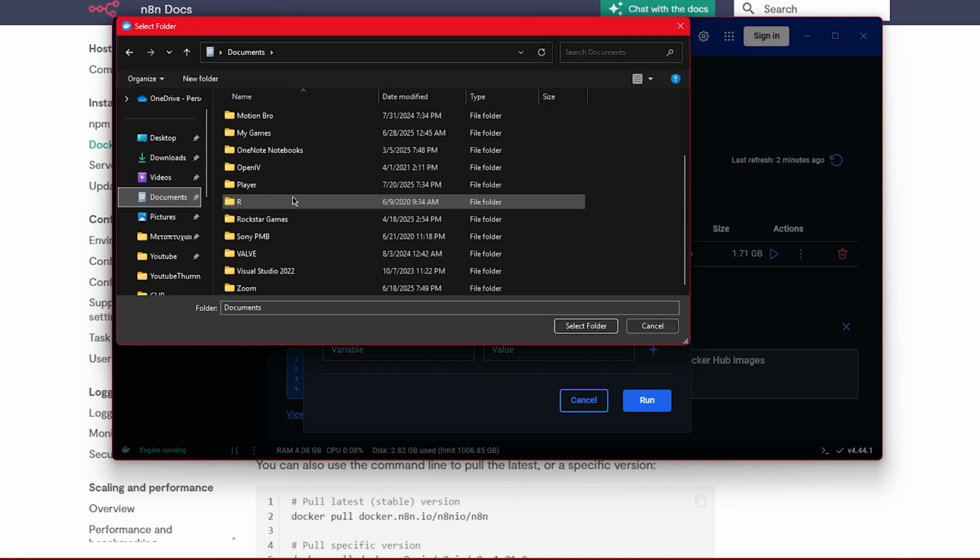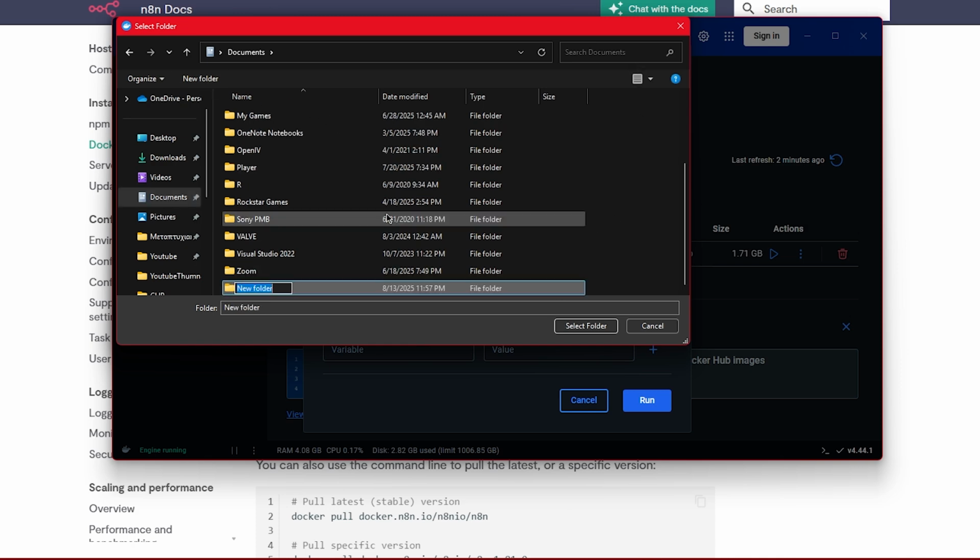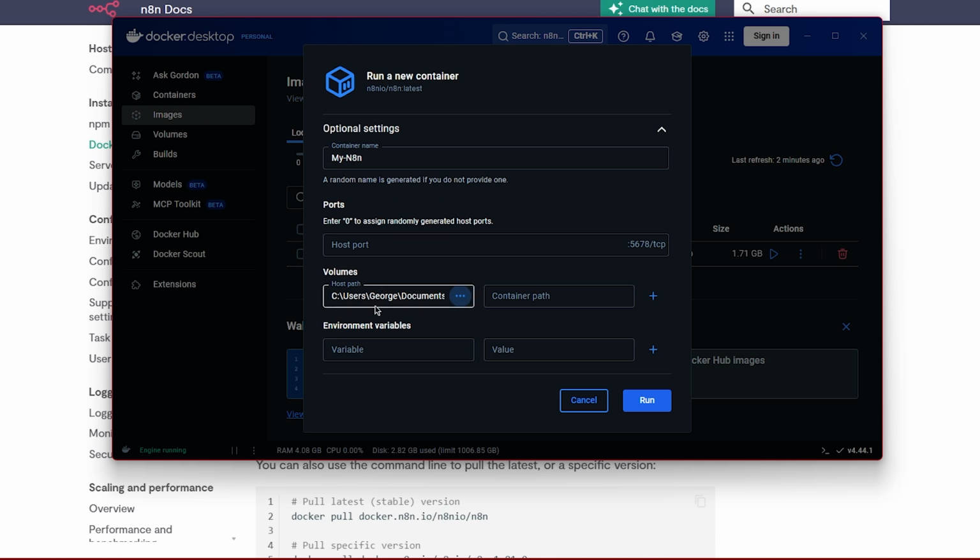For example, you can go with documents, spin up a new folder, say N8N data, select folder, and boom. Everything that you install inside of N8N will be inside this volume. And you can also specify the container path. I don't mess with it. So I'm not going to set the port, I'm just going to leave the default,